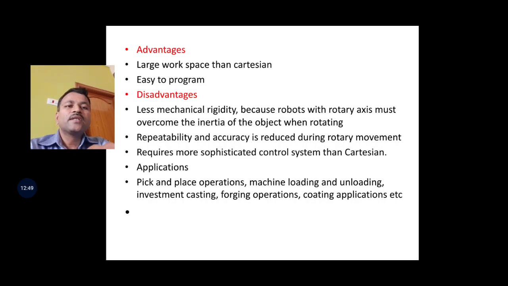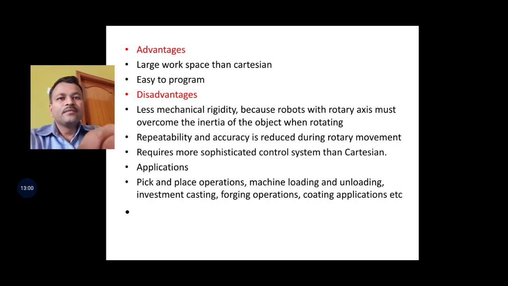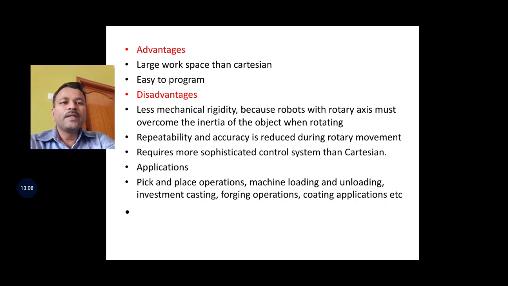Next, repeatability and accuracy is reduced. So repeatability and accuracy, which are higher elsewhere, is reduced here. It requires a more sophisticated control system. That is, you require a highly sophisticated control system than the Cartesian configuration. So applications: pick and place operation, machine loading and unloading, investment casting, forging operation, coating applications you can use for this